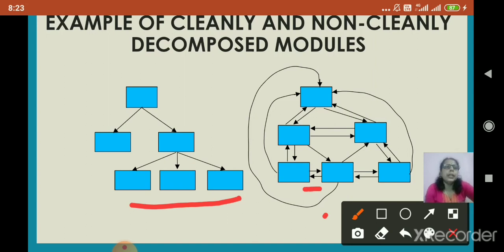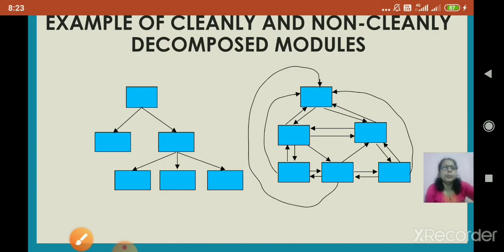But in the second example, it is difficult to understand and confusing. We cannot understand which module is calling which module and which module depends on which. So it is recommended in software design to use cleanly decomposed modules, like the first example.